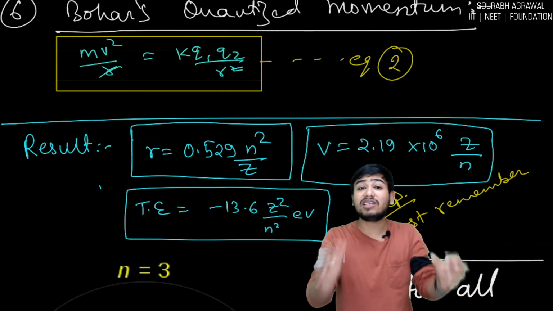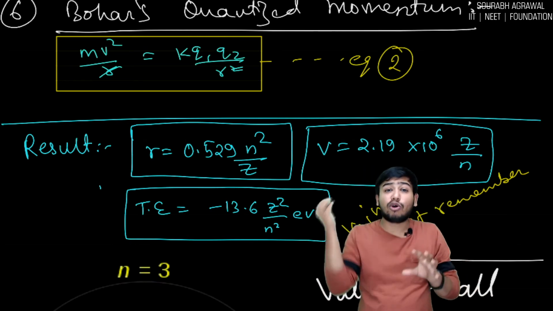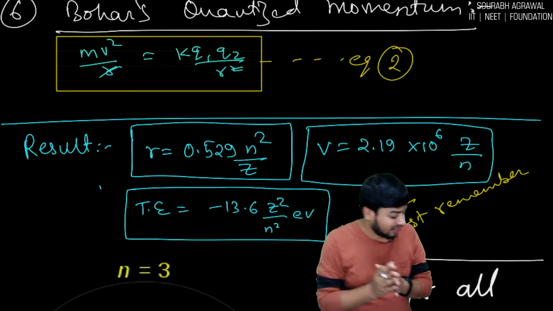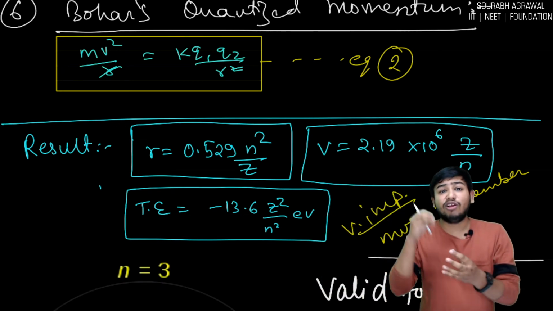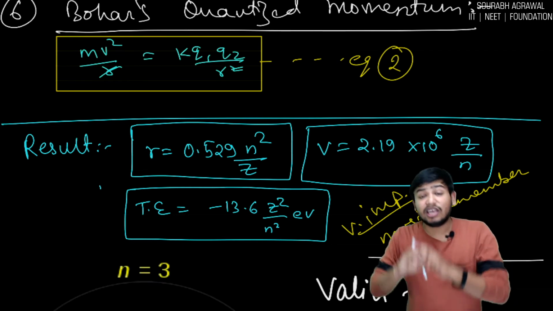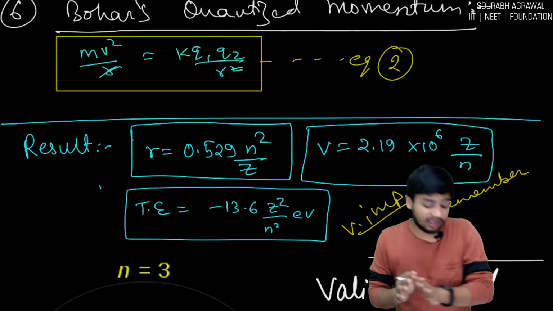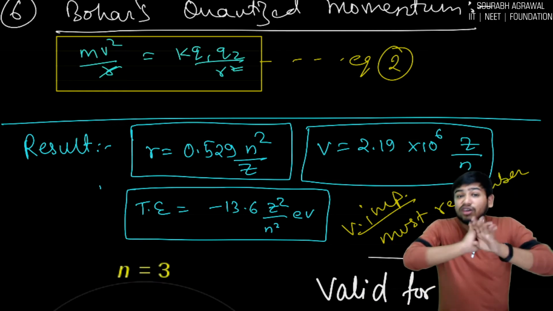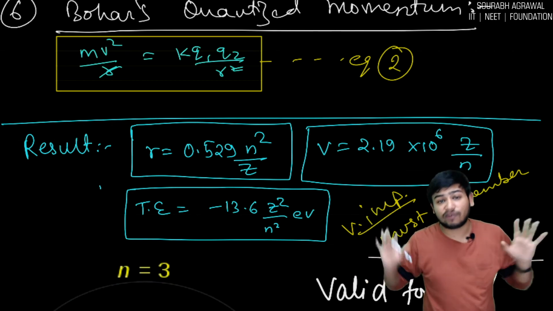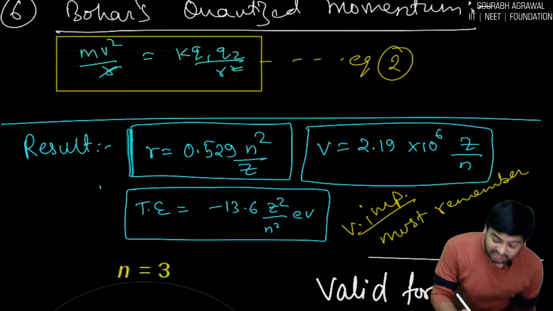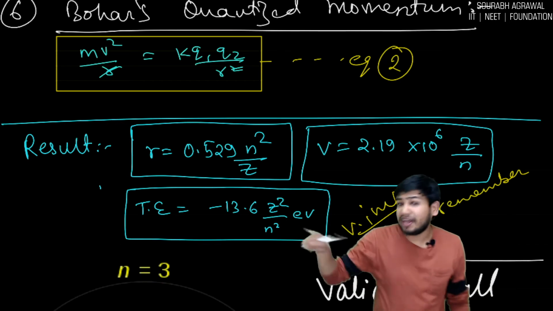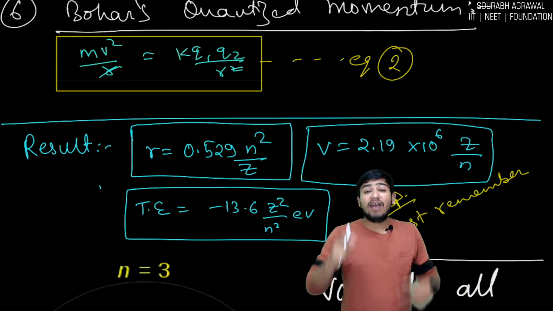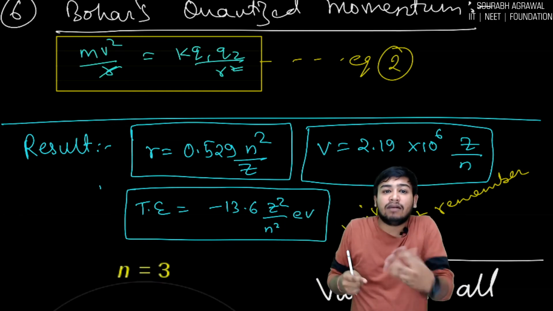What you have to remember is, after putting all the values of h, e, and everything in proper units, length in meters, we got a result, and you have to remember this result. I'm not giving you those formulas because you don't have to remember them. What you have to remember is the radius of any orbit in any atom. Radius of any orbit in any atom is given by